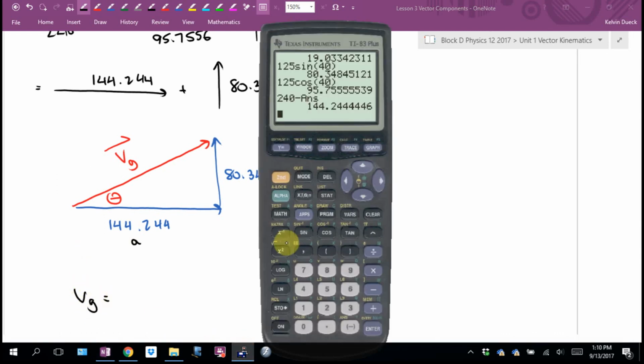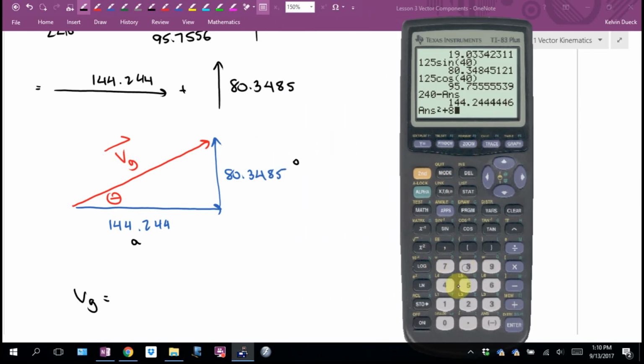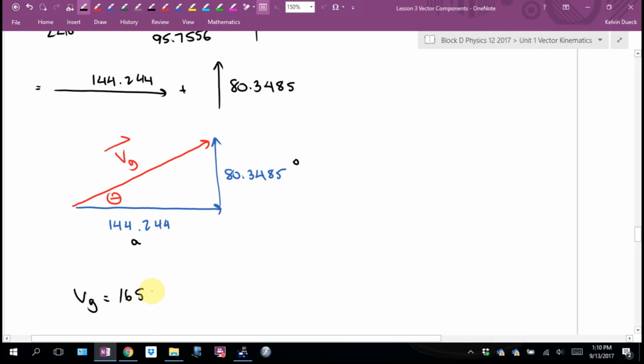Going to be this number squared plus 80.3485 squared, square root. 3 sig figs, 165 meters per second at